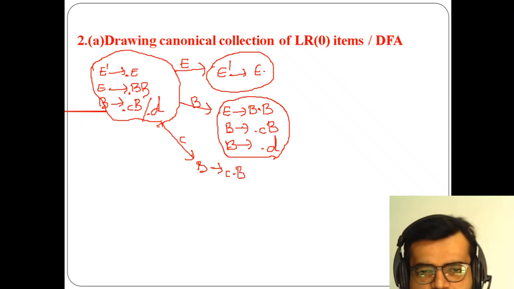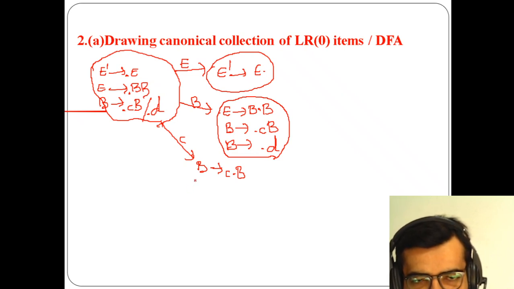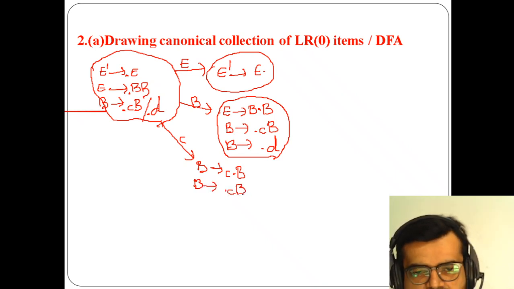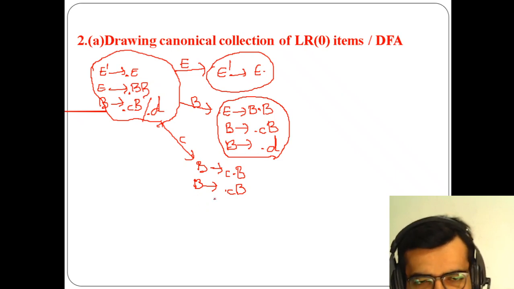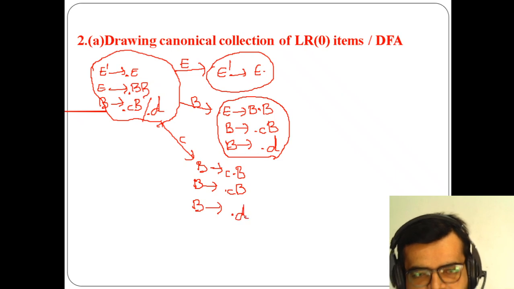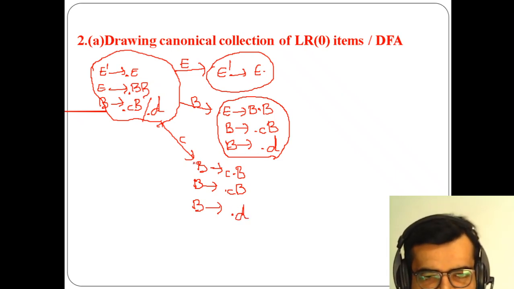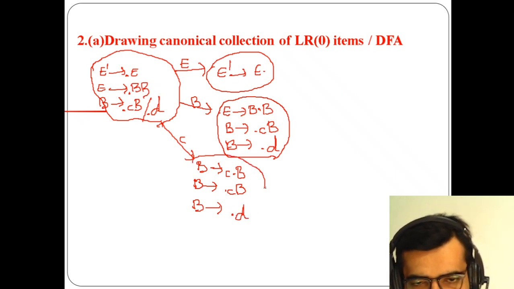The same thing I have to include. B means I have to read the B value. So what is there in B again? The same thing, so I write B of dot cB, and again B of dot d. Here I am reading this part, so small c gets completed here.